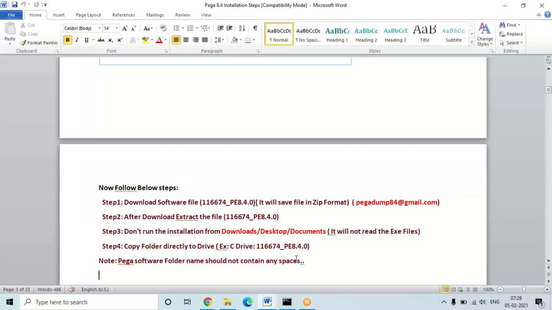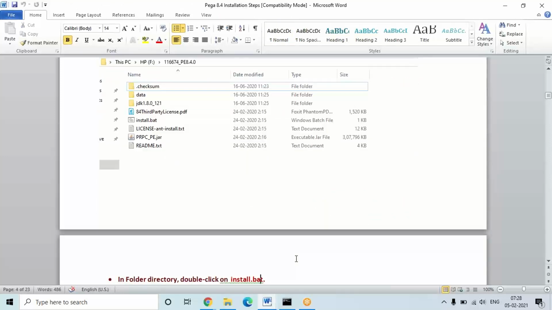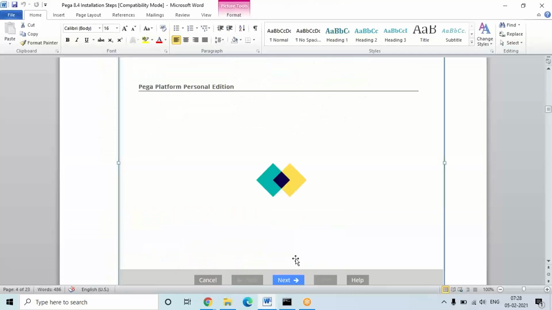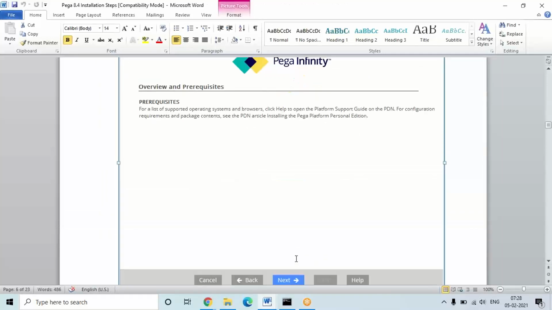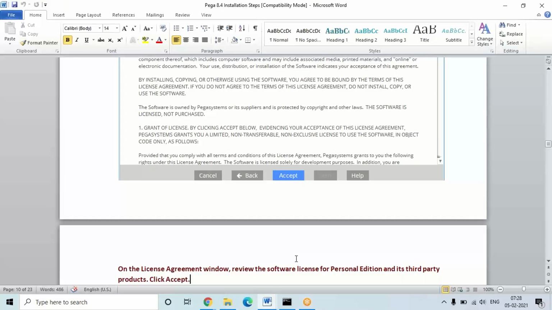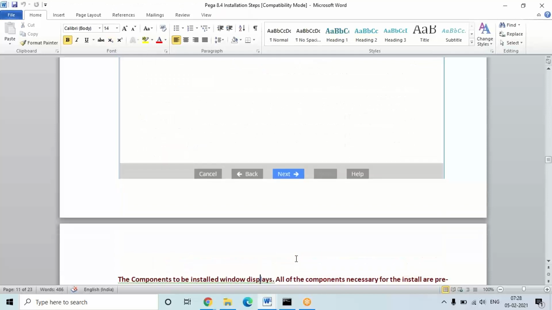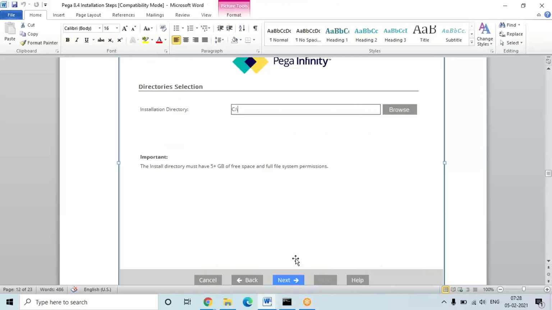Okay, so make sure you copy to some directory where space is there, then open the file and click on install, and a wizard will open, and in that wizard follow the screens. Continue. You need no need to change anything except check the port configuration, or if you want to change the drive path, just these two things only. That too is not mandatory.